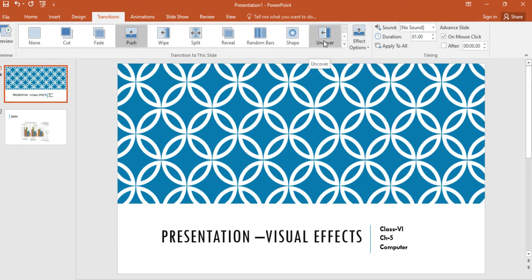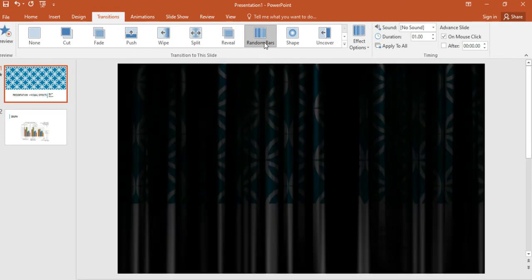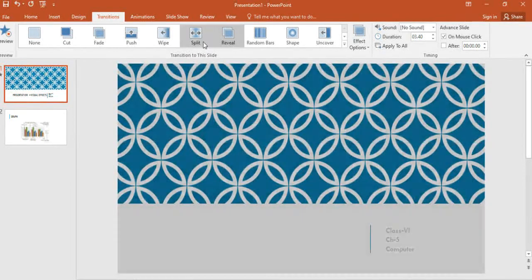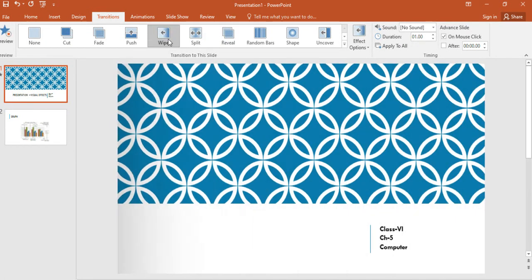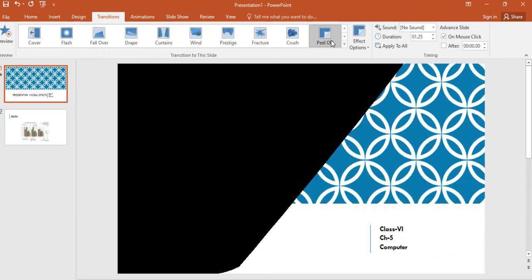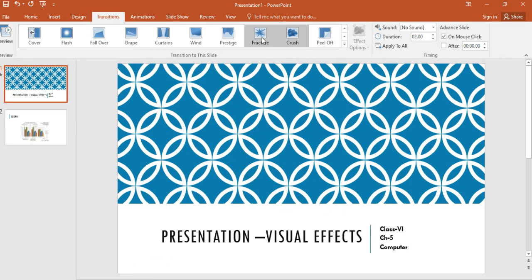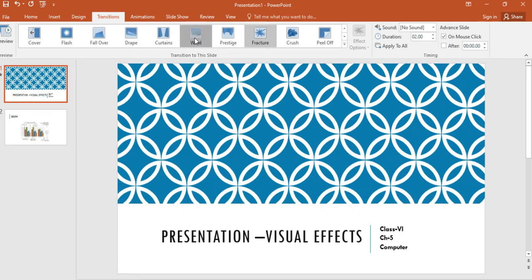If you want uncover, if you want shape, random bars, reveal, right, then split, wipe, push up. So you can select any effect from your peel off, brush, fracture, wind.